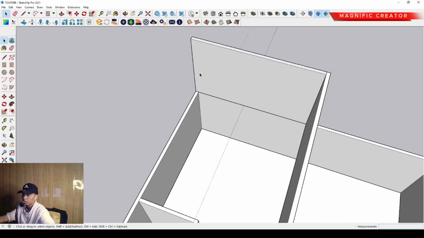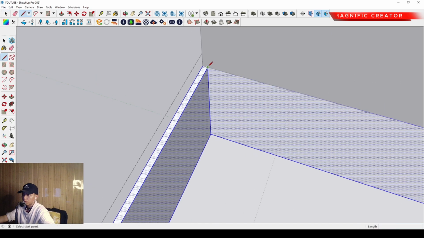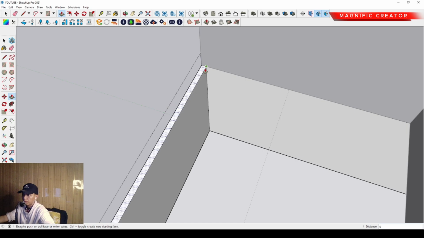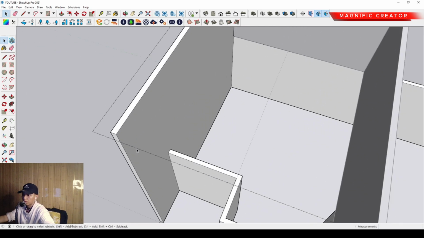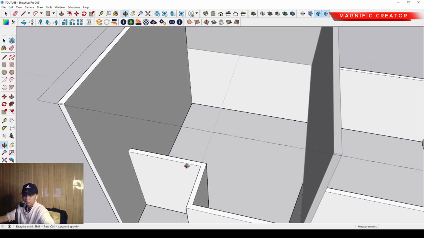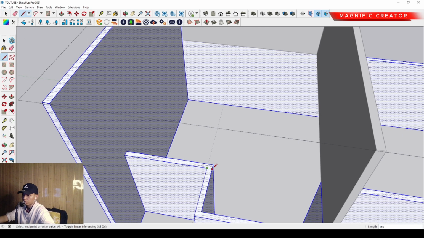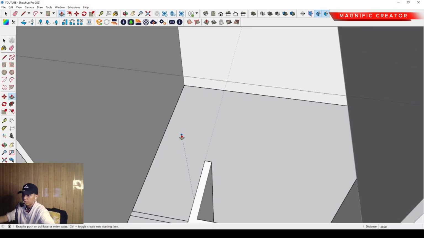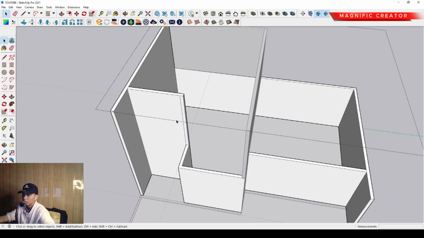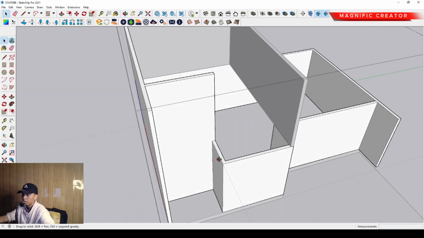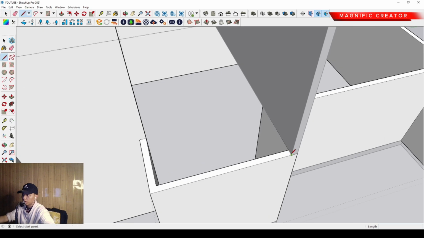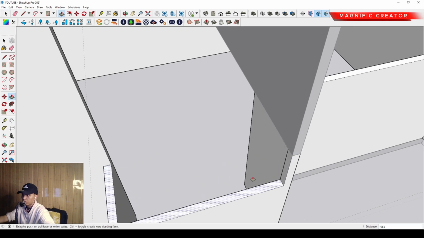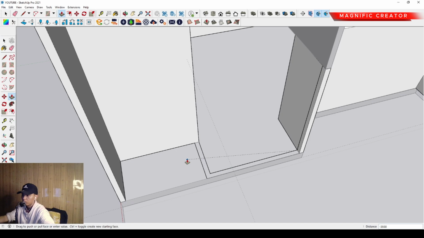Okay, and after that we can also push it up. We can push it up and erase it. Okay, so and after that we can also make the additional wall for the second floor. Okay, just something like this. Then we can just push it down anyway. I'm sorry, we can make separation with a line over there. We can push it down around 3200